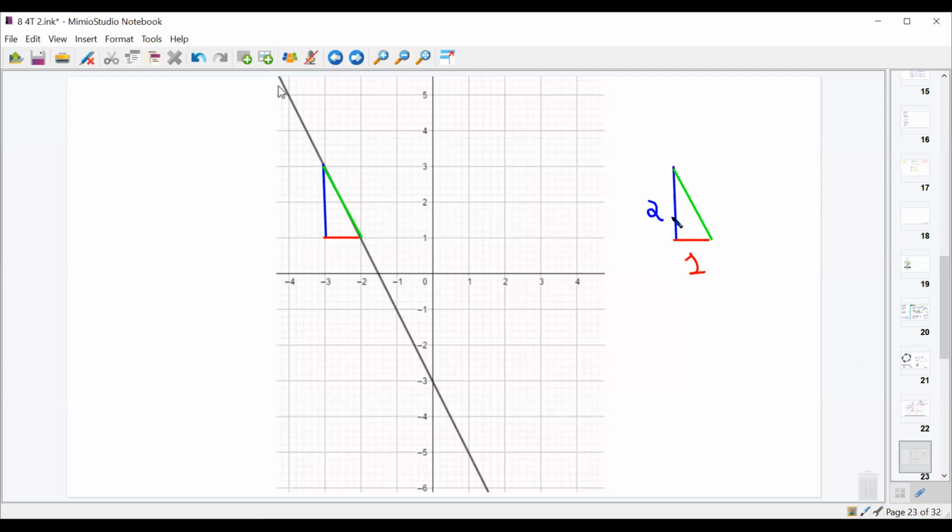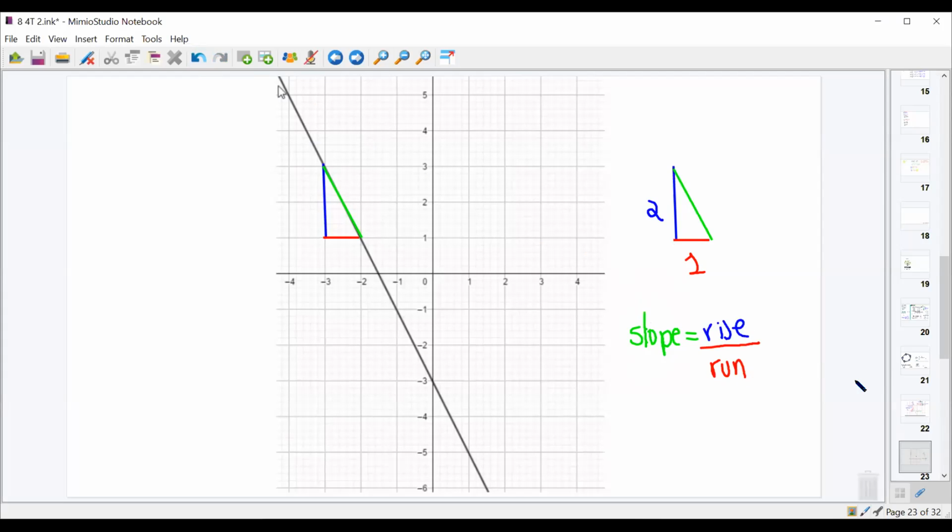So if slope, let's use another color here, if slope is equal to rise divided by run,